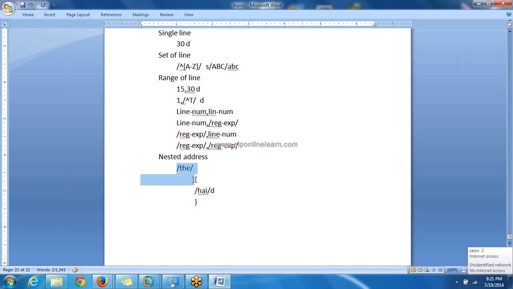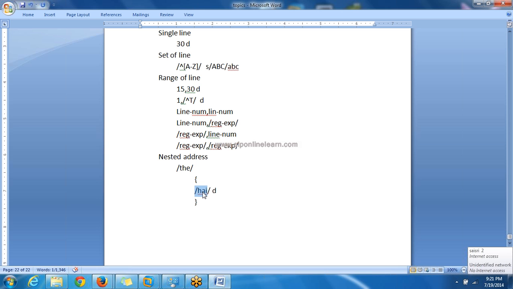In that particular line, it will search for THE. If THE is found, then it will search for HAI in the same line. Again, if it is found, delete that line. The command is delete that line. So here we have specified an address inside another address. When the first match is found, only then will it search for the second.